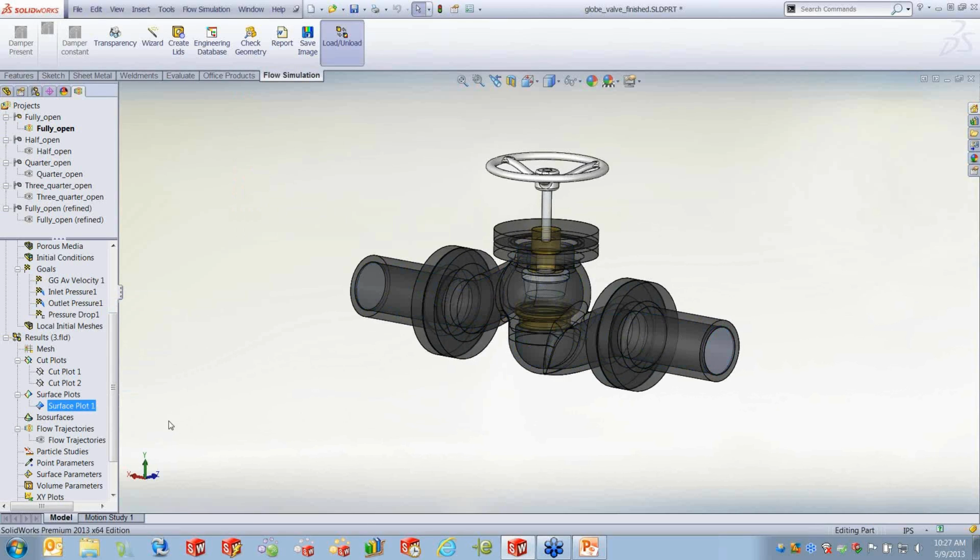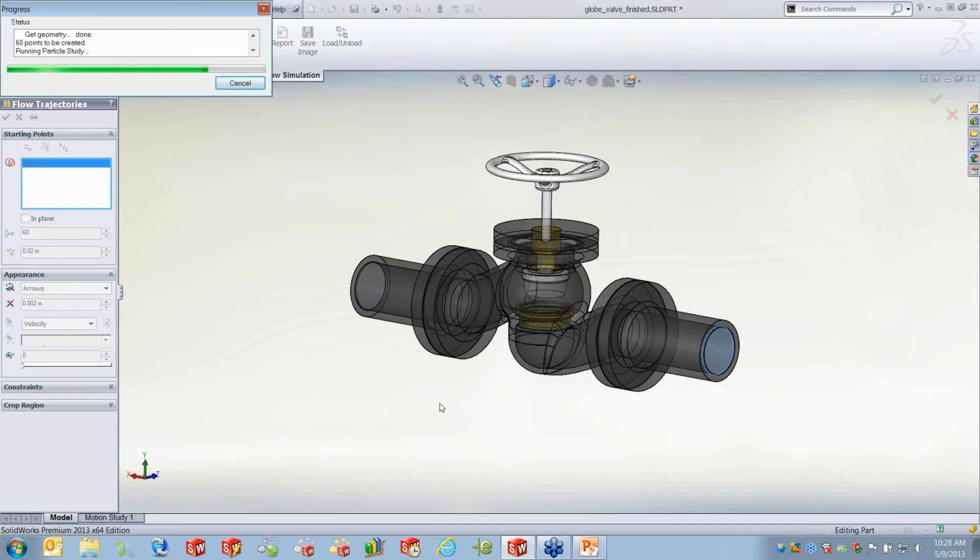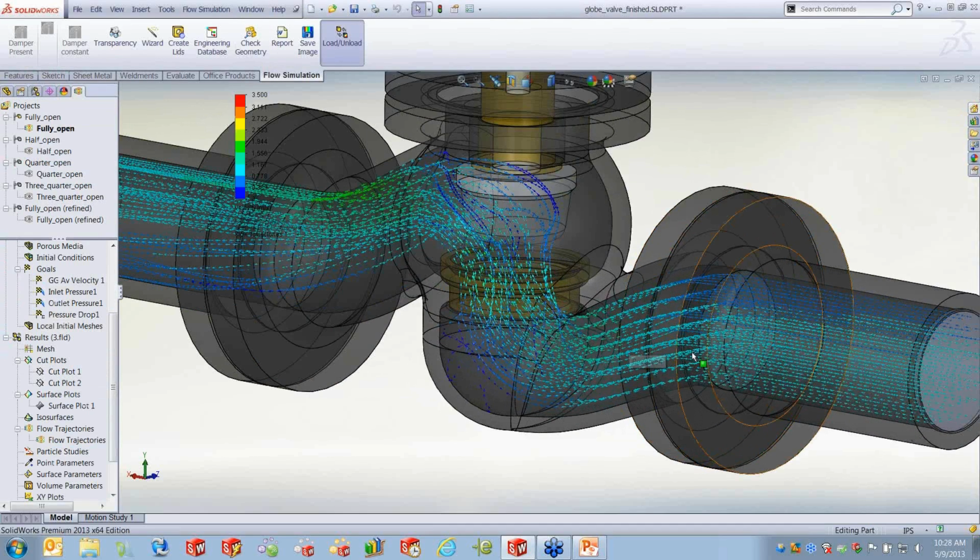Now, next one I want to show is called flow trajectories. A flow trajectory allows me to use any of the areas where fluid is entering or exiting the system to tell the software we're going to insert a massless particle, and we want to see where that massless particle goes. In this case, I'm going to use 60 points of arrows coming in the inlet, which is the face to my right, and it's going to show me, zoom in here a little bit, using arrows what that's going to look like. Now, that does help me visualize a little bit of the flow and how it gets